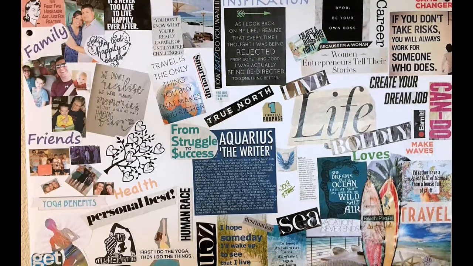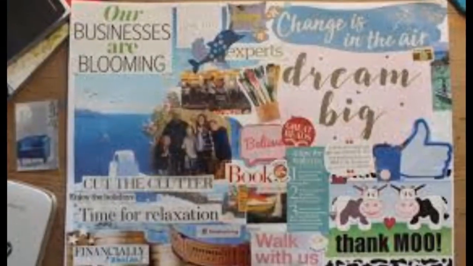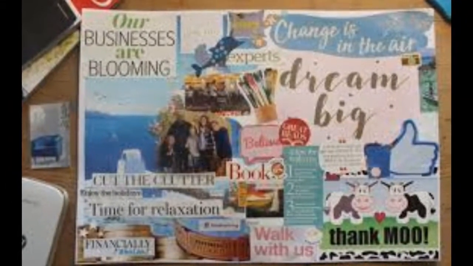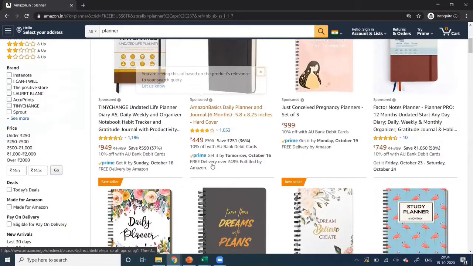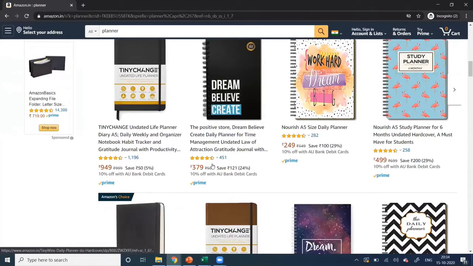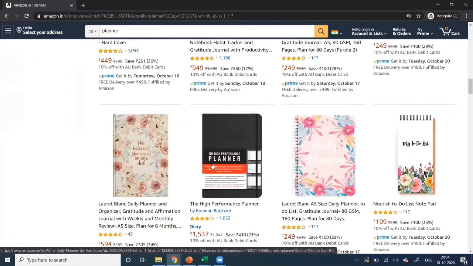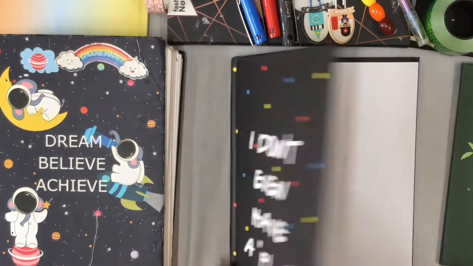So what I did, I made a vision board, wrote down my goals at a place where I could see them every day. I started using a basic and inexpensive undated planner from Amazon. There are tons and tons of choices available, and they come as low as a couple of ₹100, like this one.